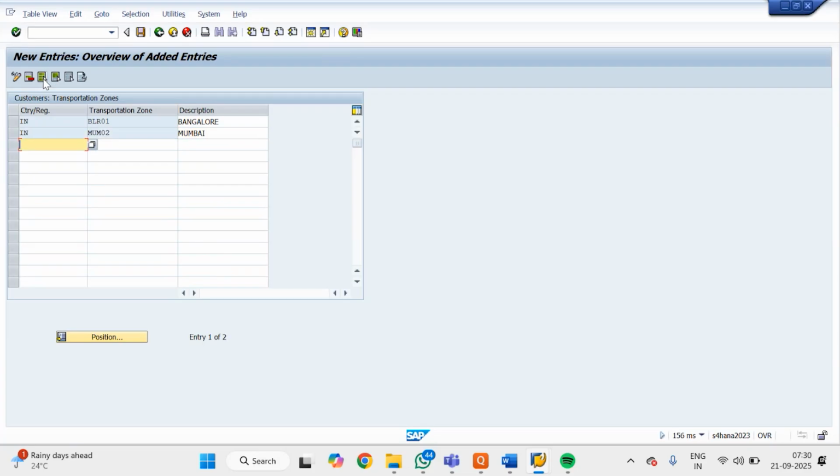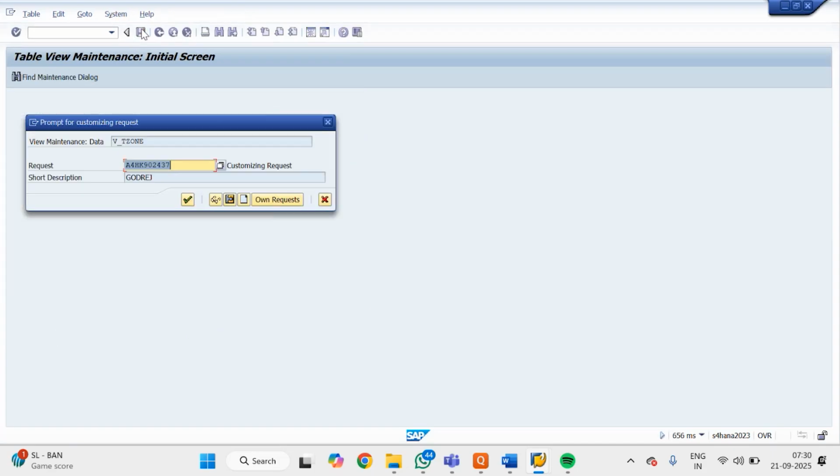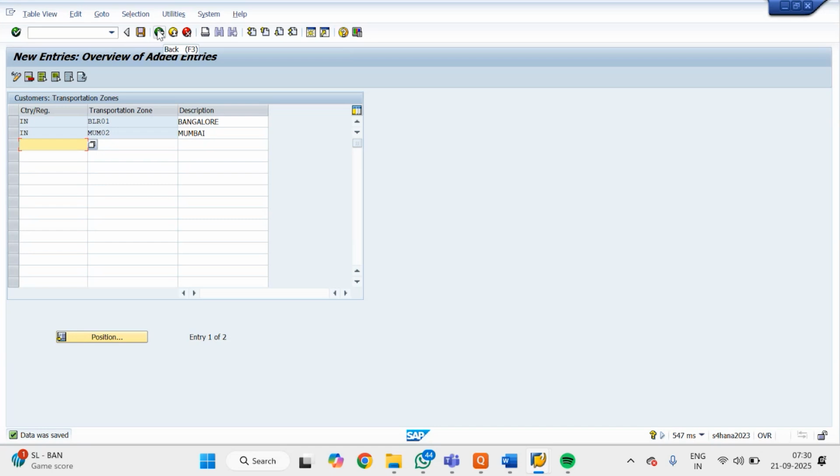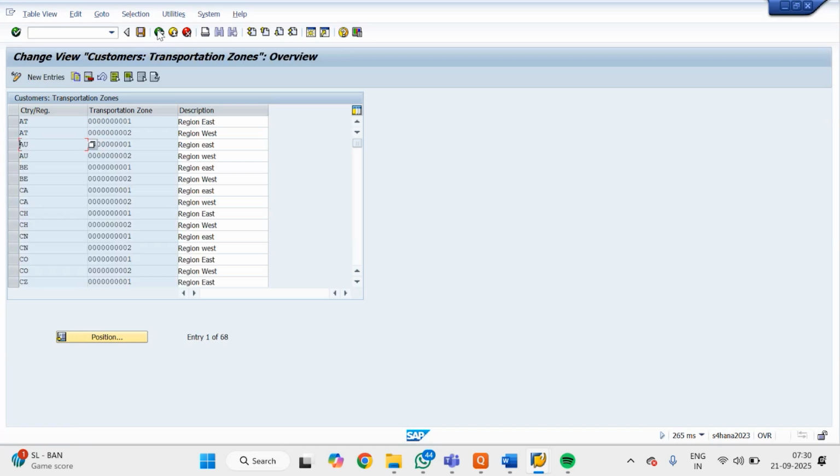We define it as consultants, and this is actually maintained by the end user in the customer master data, right? Like a customer in Bangalore, so this is a Bangalore transportation zone. A customer in Mumbai who is receiving the goods has their own transportation zone. So we'll see later how to maintain this transportation zone for the customer. We'll complete this configuration. Transportation group we defined, then